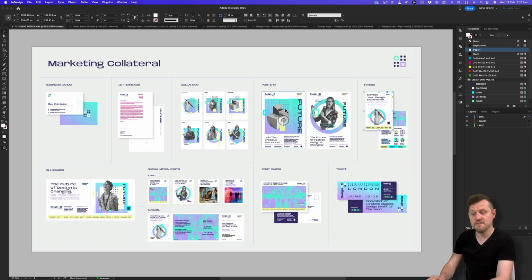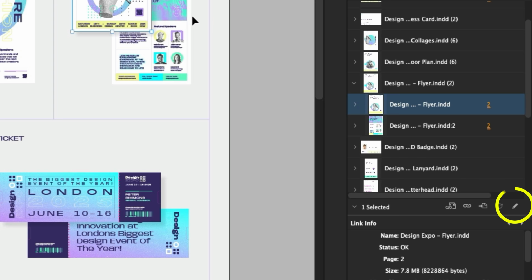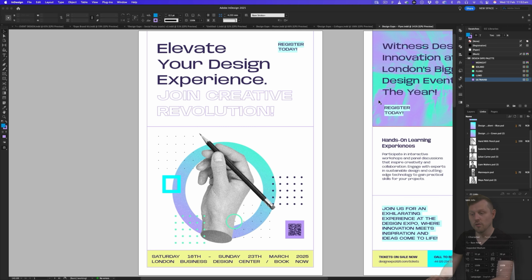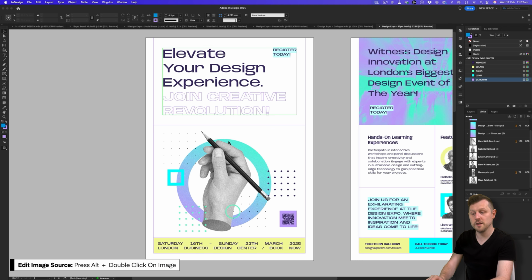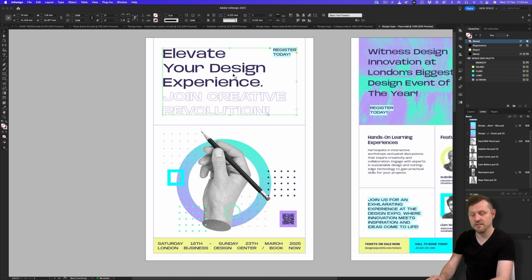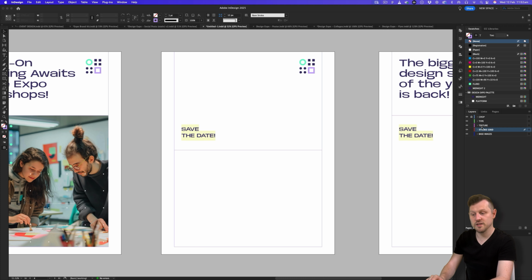So I'll come back to the event design document. On the marketing collateral page with the selection tool, I'll select the flyer thumbnail. Now I'll either come to the links panel and click edit original, or I'll hold Alt on the keyboard and double click on the thumbnail and the document will open up in its own tab. I'll come and select the header type in the top left. I'll copy this, jump back into my document, make sure I have the type layer selected, paste,